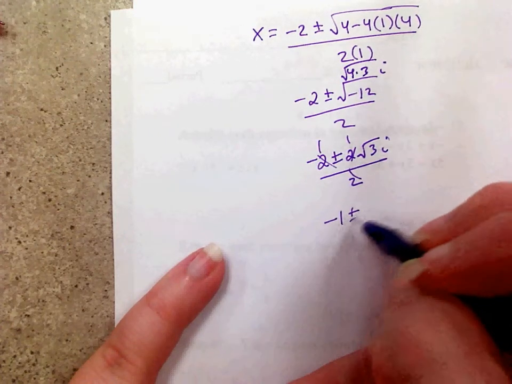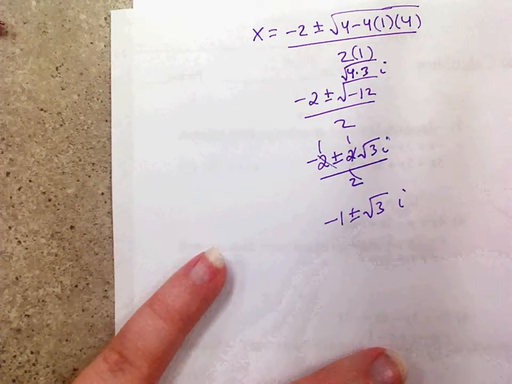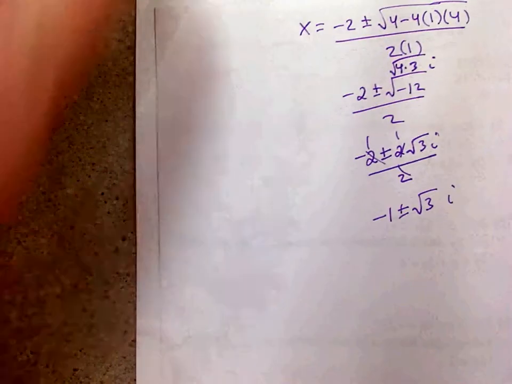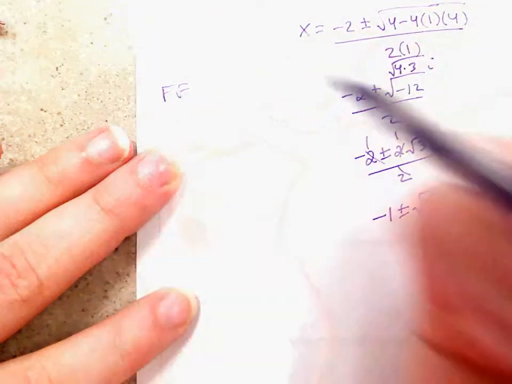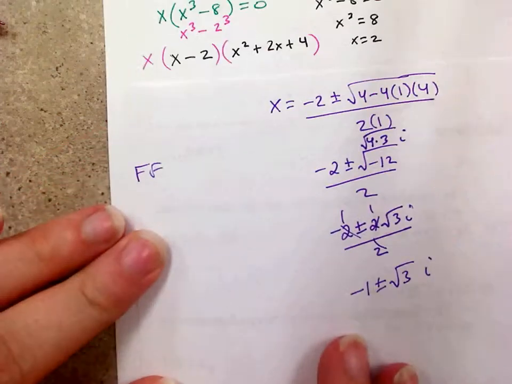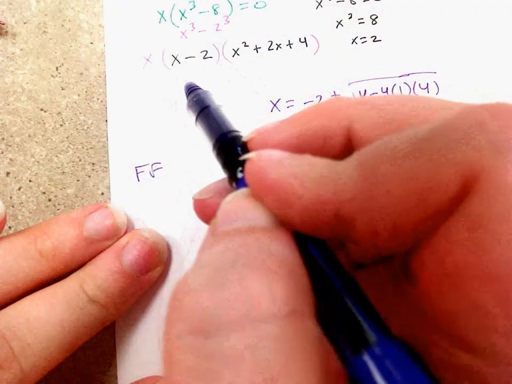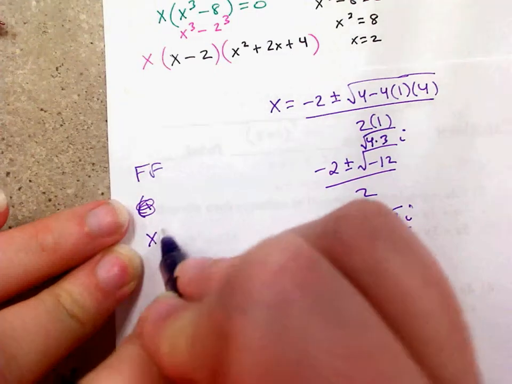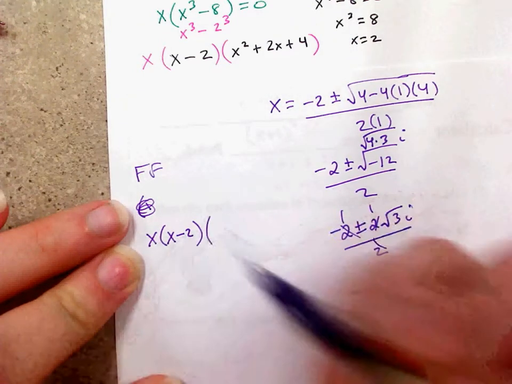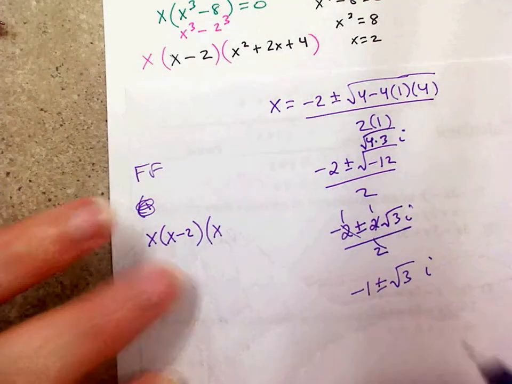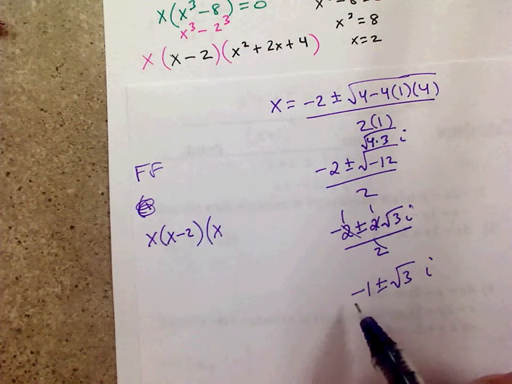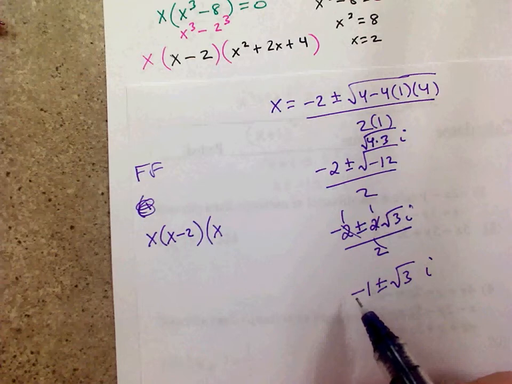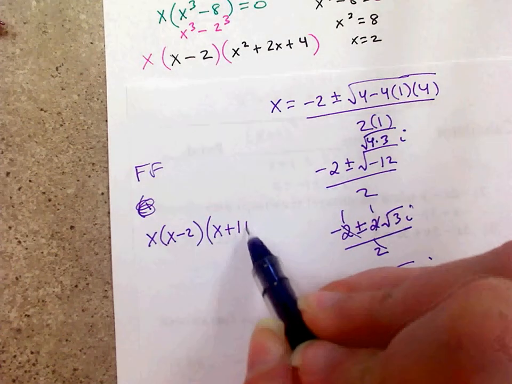Alright, so what's the factored form then? Yeah, we've already got x and x minus 2, right? Okay, good. Almost. x what? Right, if this is a minus 1, so it was opposite. So plus 1 plus the square root of 3i, and then x plus 1